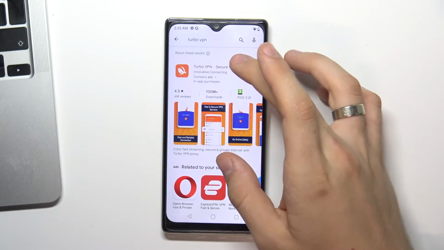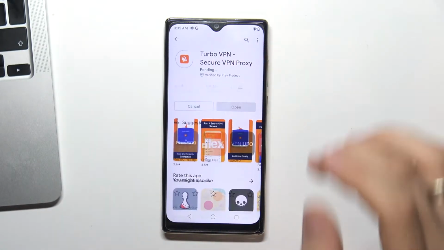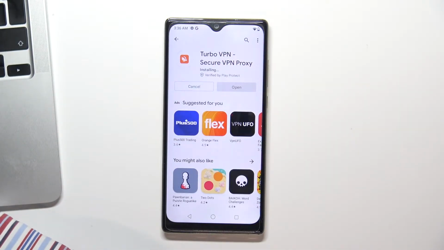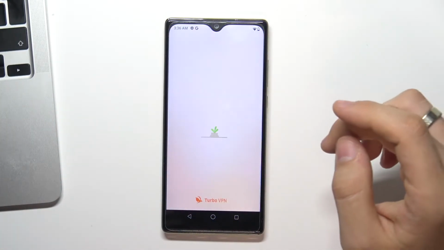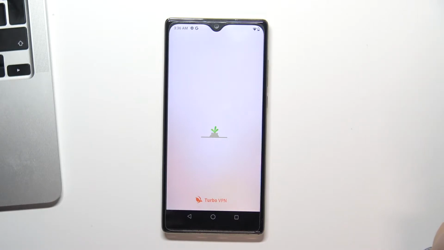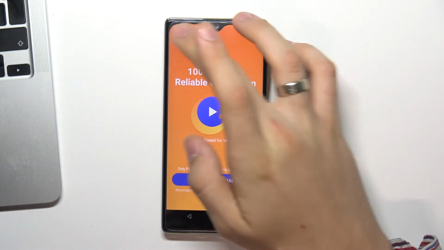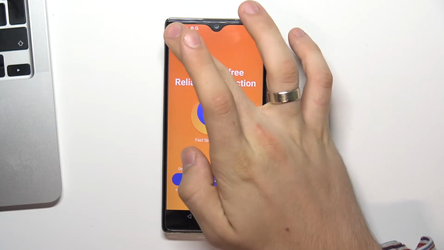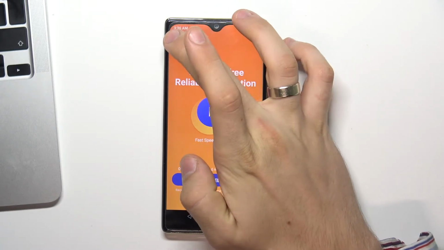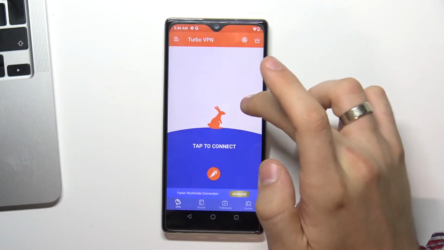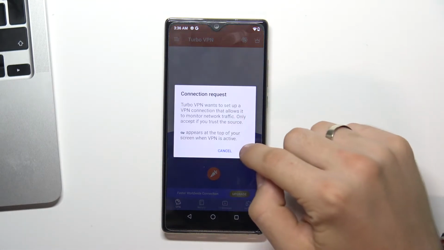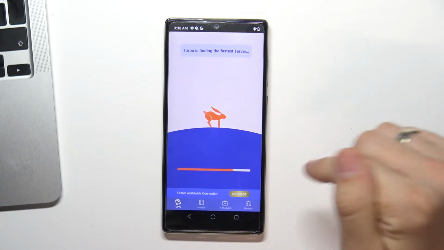Find the app with the rabbit on the icon and click install. Okay, now click open, agree. Click on the cross on the left top corner. Now just click on the caret in the center of your screen, wait a while,